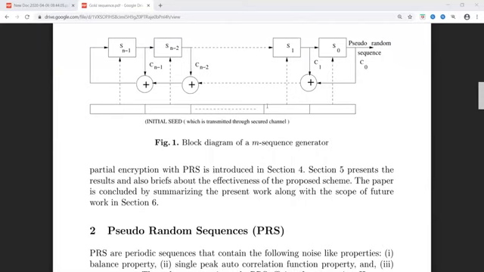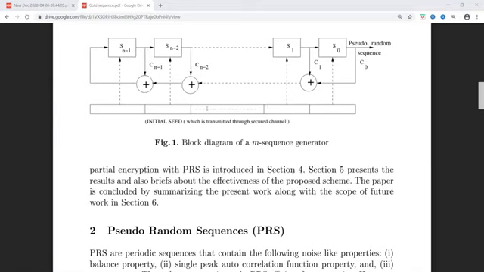See here, the M sequence generator contains N flip-flops and is initiated with a starting seed. Starting or initial seed means starting data or initial data, which is usually transmitted through a secured channel for the intended users only.